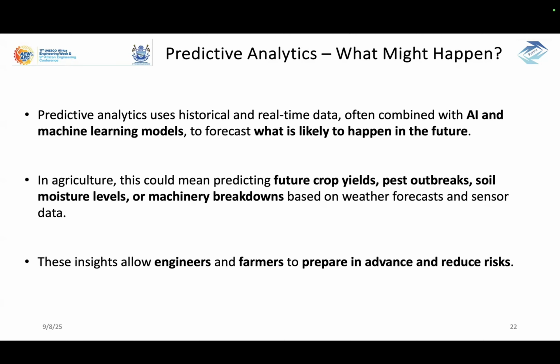So this uses historical data and real-time data, and combines AI and machine learning models to forecast what's likely to happen in the future. So in agriculture, this could mean predicting future crop yield, pest outbreaks, soil moisture levels, machine breakdowns. Okay, so